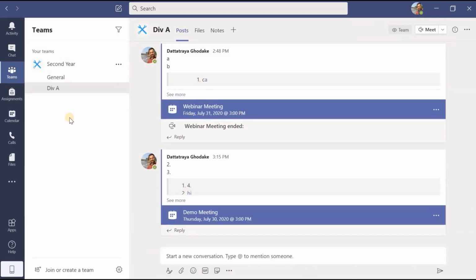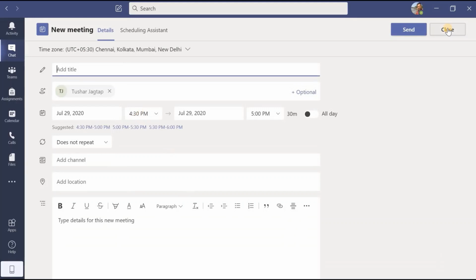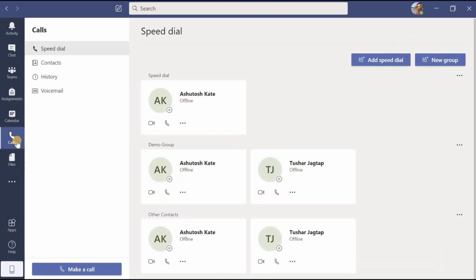Second option, I can go to Teams, go to a specific channel, and from there as well I can schedule a meeting. Or finally, if I am chatting with that group or team, there also I can find this option and create a meeting. Okay, now you might have understood the functionalities of calls as well.